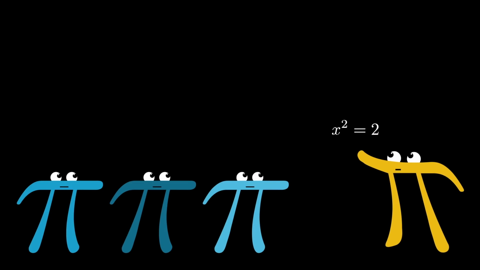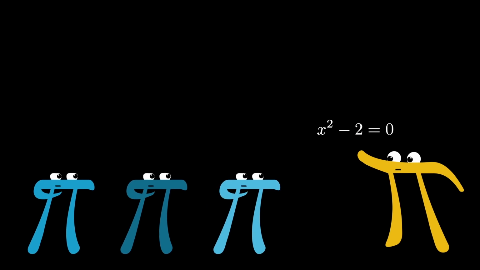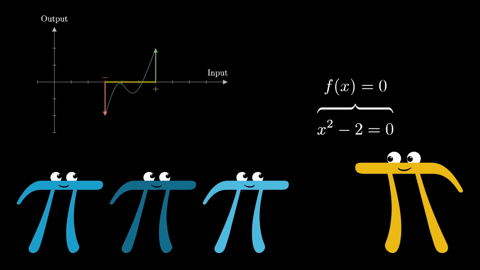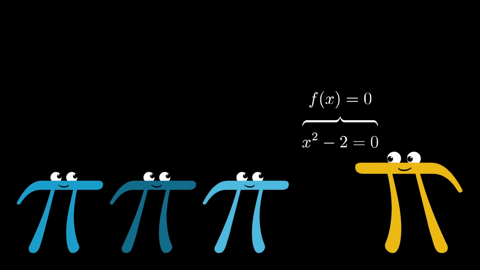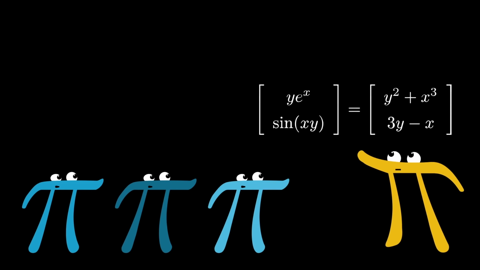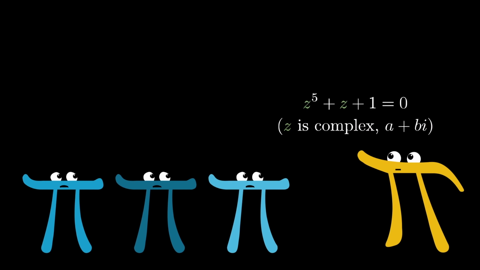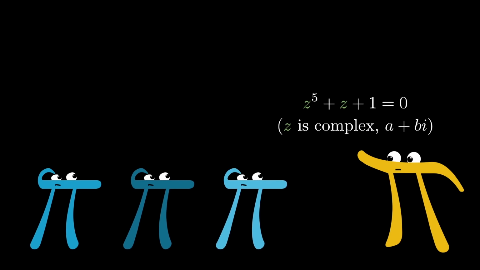So in short, solving equations can always be framed as finding when a certain function is equal to 0, and to do that, we have this heuristic. If f is positive at one point and negative at another point, you can find some place in between where it's 0, at least if everything changes smoothly with no sudden jumps. Now, the amazing thing that I want to show you is that you can extend this kind of thinking into two-dimensional equations, equations between functions whose inputs and outputs are both two-dimensional. For example, complex numbers are 2D, and this tool that we're developing is perfect for finding solutions to complex equations.